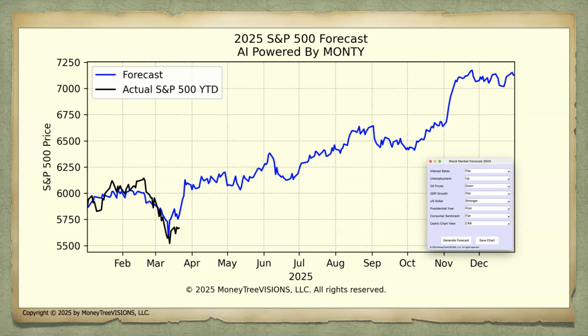So this is the forecast we expect for 2025. You can't really read the settings there, but those are the settings that we picked for 2025: interest rates flat, unemployment up, oil prices down, GDP growth flat, dollar stronger, first presidential year, consumer sentiment flat, and CAB for the Sedgwick chart.